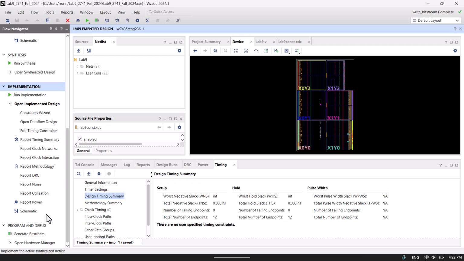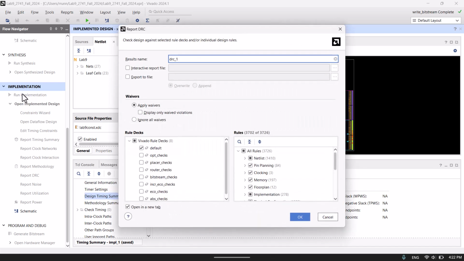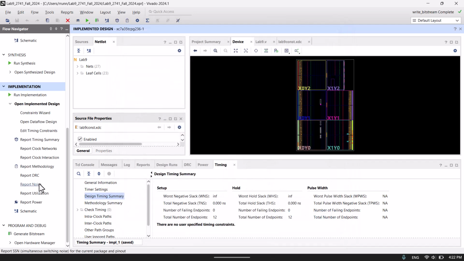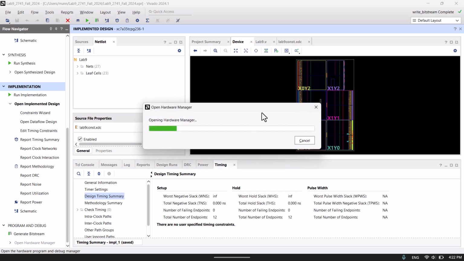Instead, I will... Well, what happens if I run implementation? Okay, I don't want to do this. I don't know what I'm doing. So rather than just play around, which I will do on my own time, I will do what I do know how to do, which is open Hardware Manager